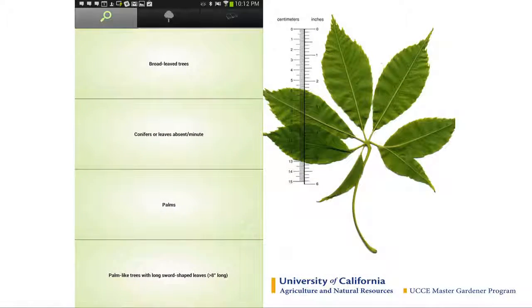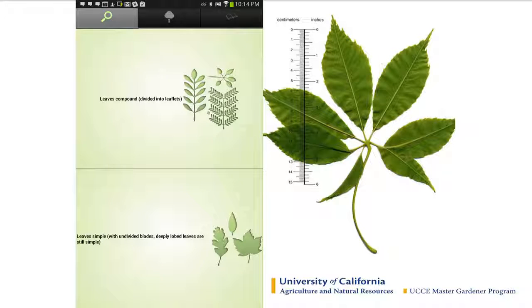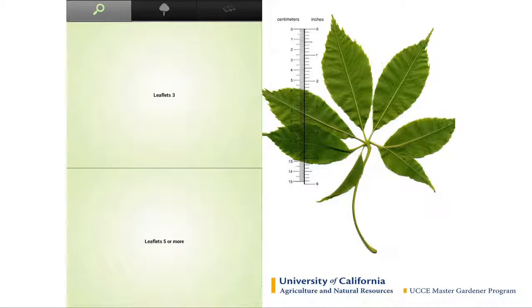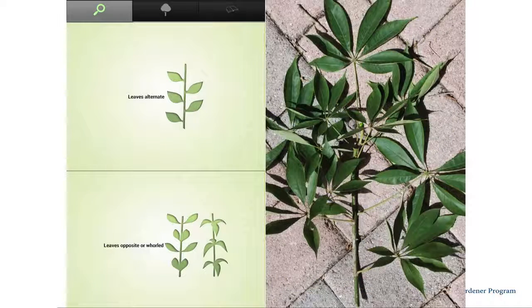So now we can go directly to broadleaf trees. Compound or simple? Compound. Palmately compound? Yes. How many leaflets? 5 or more. Are the leaves alternate or opposite or whorled? Alternate. They're alternate because there's one